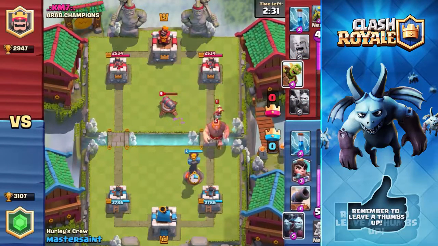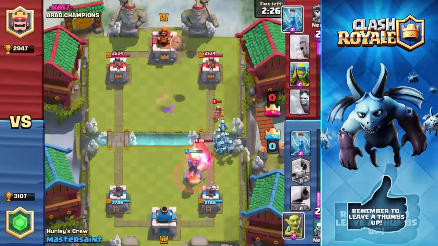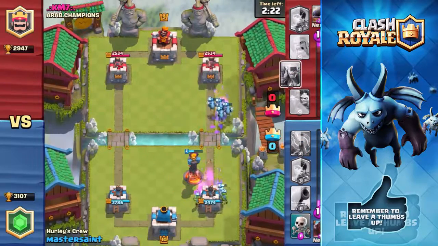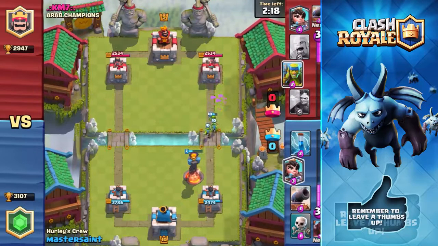But the cannon has got a low amount of health. I'm just figuring out what cards this guy has. You know, we are doing not too bad. He's just dropped a goblin barrel, and I'm just going to drop some goblins. My Inferno Tower will take that out, and I'm just going to be working on building up my elixir towards